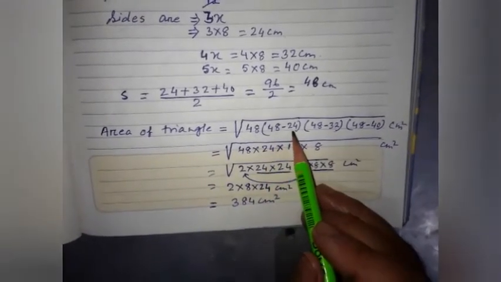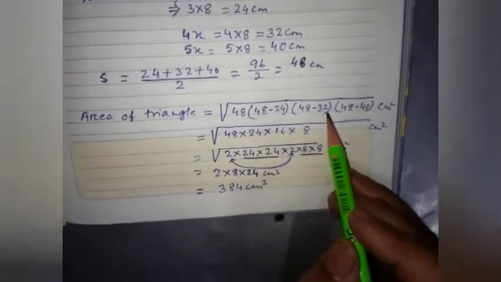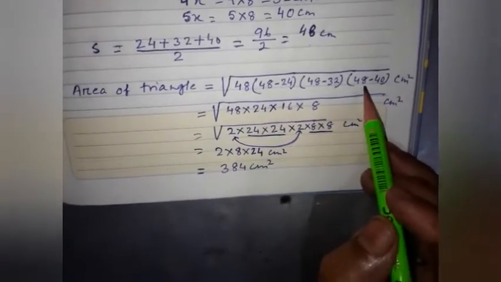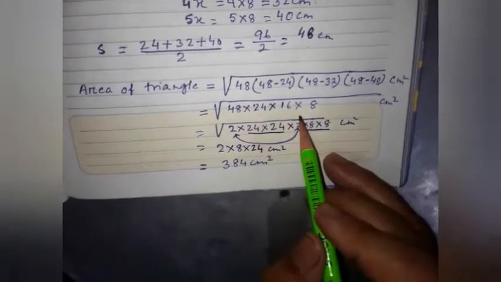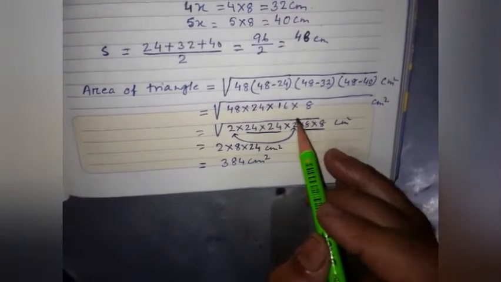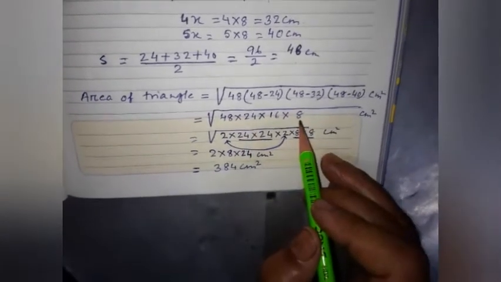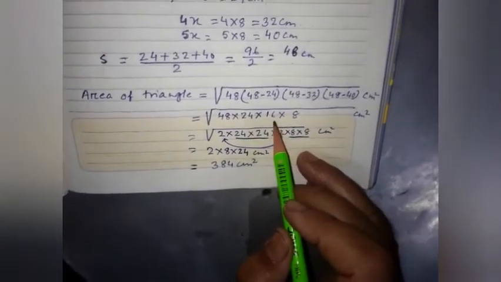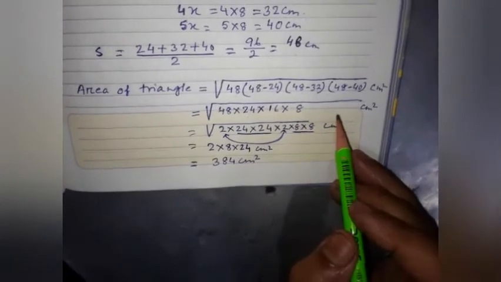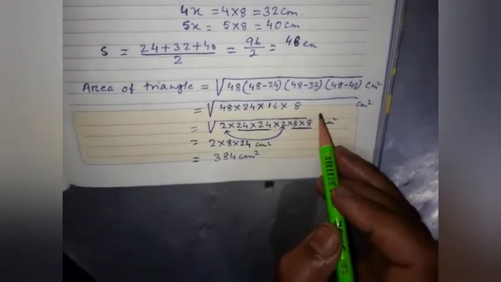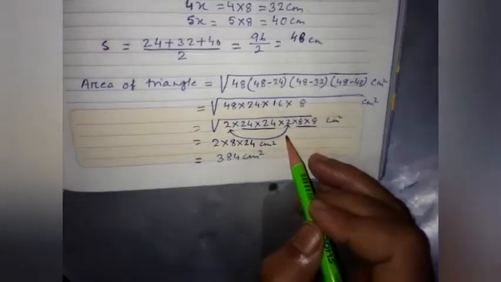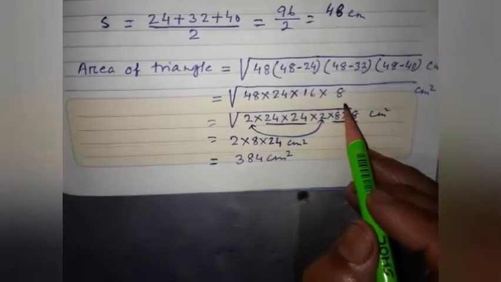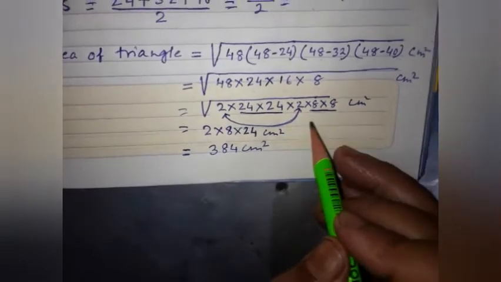48 into, if you do the subtraction, 24 will come. Here you do the subtraction, 16 will come. Here you do the subtraction, 8 will come. Now what you have to do, after getting this, you try to find out the pairs. It can be done in so many ways. You can multiply all those things, whatever value will come, you can write their prime factors. You can do it one way, and whenever a pair is there, for one pair, one number will come out from the square root sign, all of us know this. So this calculation is up to you, whatever way you will do the calculation to make the pairs easily.